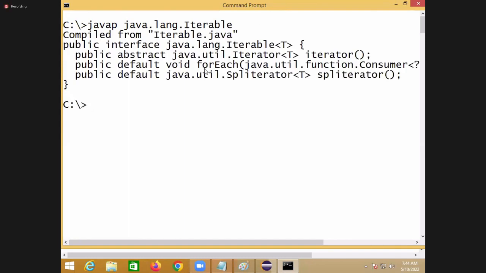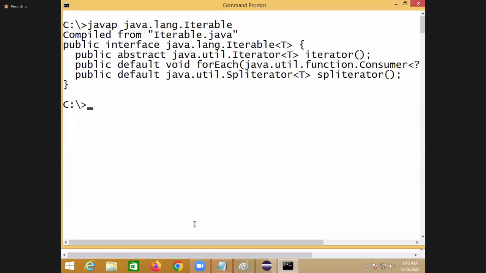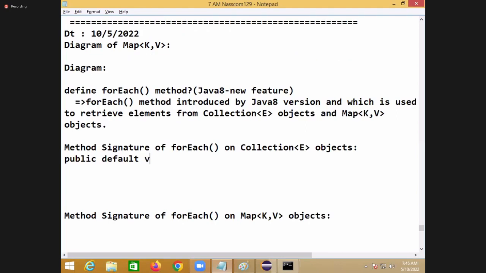Among that, one method is forEach. So it is public, not abstract, but default: public default void forEach of